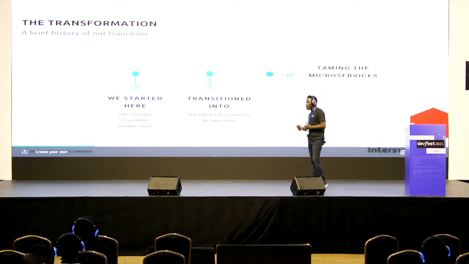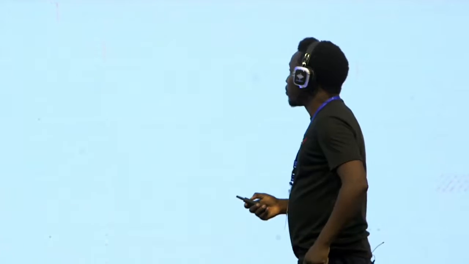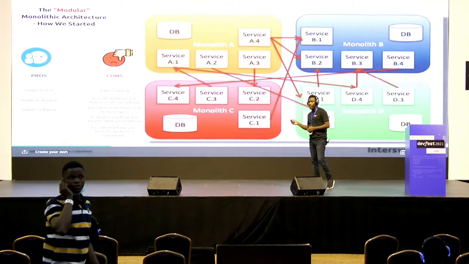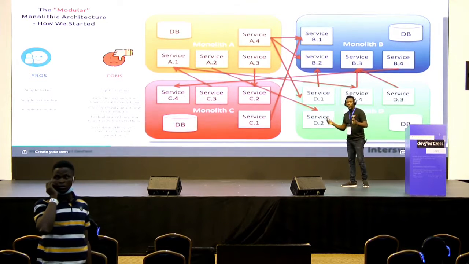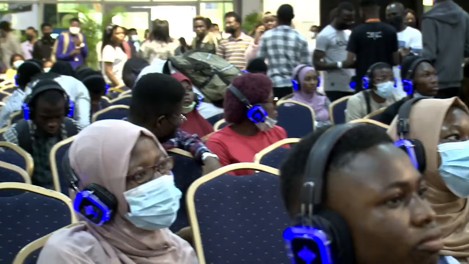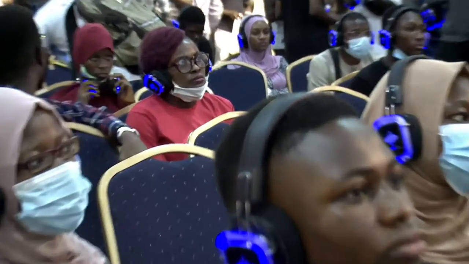So we started transitioning into what I call a naive microservices architecture, where we essentially just started creating services, APIs, and the APIs are calling themselves. There was no structure. But I can tell you today that we've been able to manage the number of microservices that we create at the company. When you think about a monolithic architecture, this is what it looks like, where you have one giant application. Even though it is modular, you have a set of services within the same application, and then you communicate with other